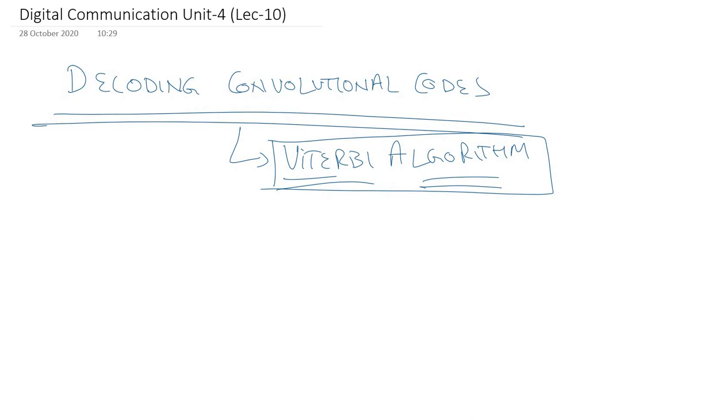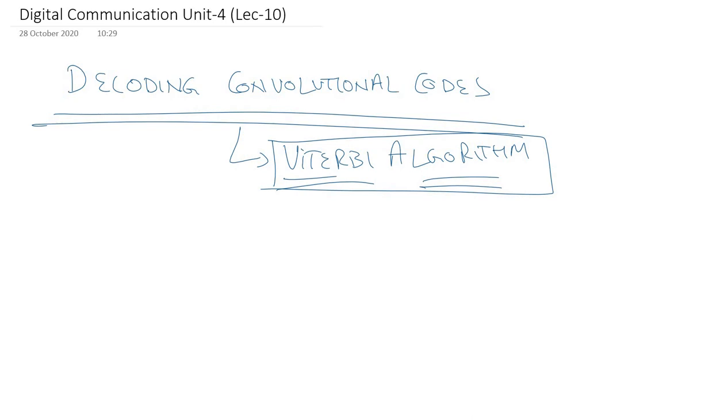Before we begin the decoding part of the convolutional code, let us have a quick revision and build upon the encoding process that we have studied till now. First we'll look at the encoding part very briefly. We'll discuss the state transition diagrams and the trellis diagram, how to make a trellis diagram, and then by using a trellis diagram how we can decode using the Viterbi algorithm. So let's begin with a brief introduction of the encoding part that we have already done in the previous video.